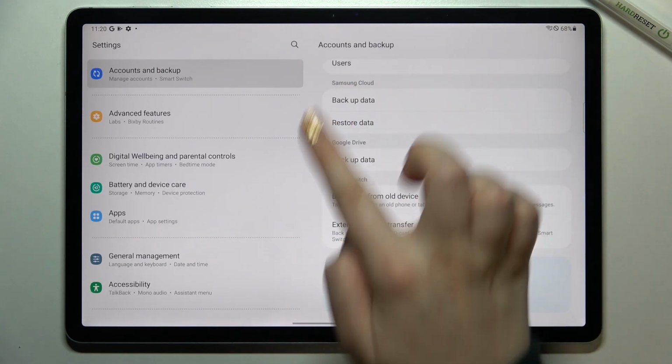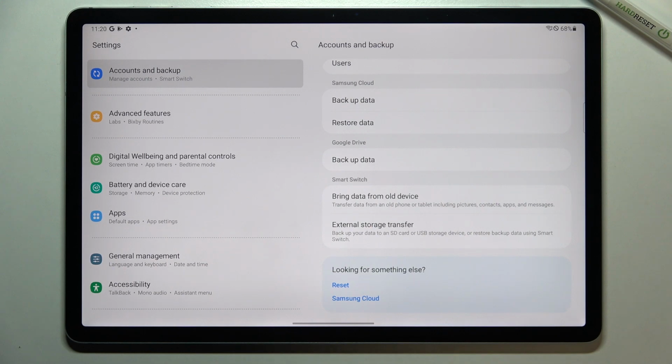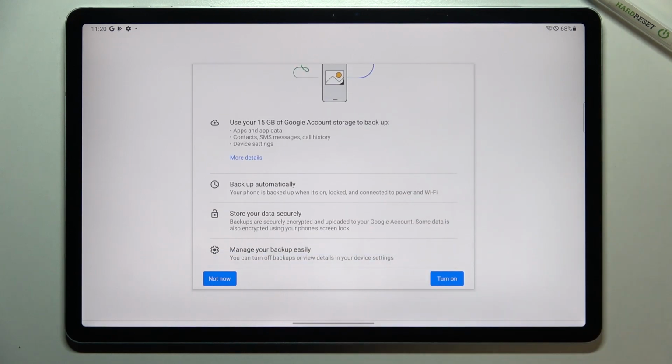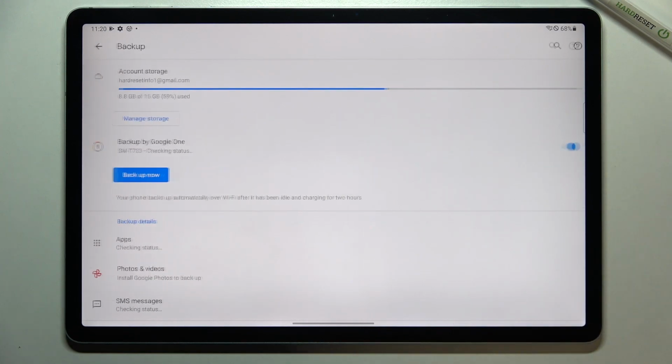Not Now. As you can see, we got back to the accounts and backup, and if you decide that right now you want to backup the data, simply tap on backup data and you will be transferred directly to this step. So no worries that you will lose the account, it will not be removed. It is saved. So if you want to enable the backup, simply tap on turn on,